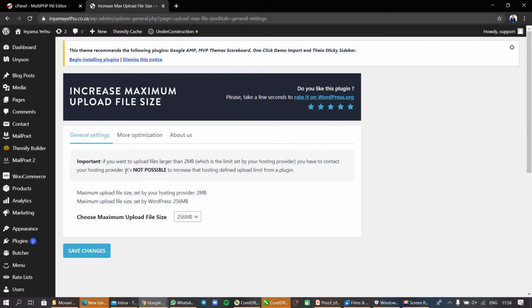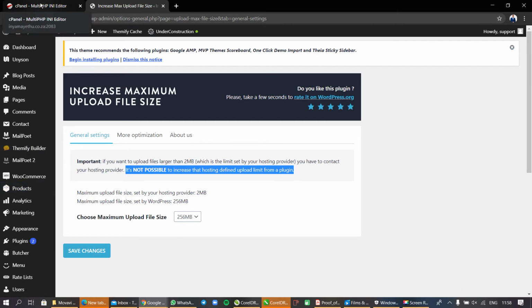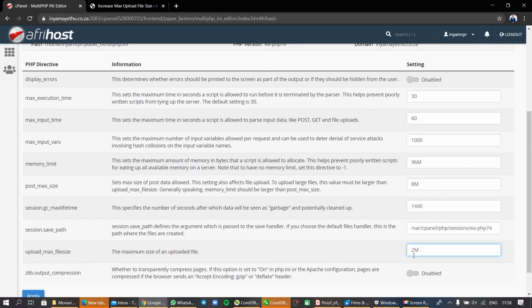And then it continues to read as, it's not possible to increase that hosting defined upload limit from a plugin. So meaning that you cannot increase the maximum upload file size from a plugin. So you can only increase this by contacting your hosting provider. So now we're going to go back to our cPanel, and then we're going to increase the maximum size